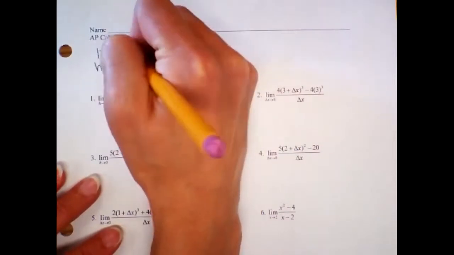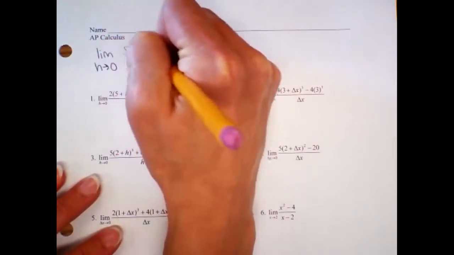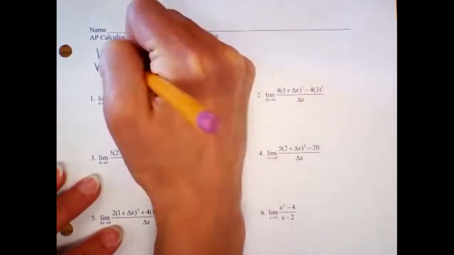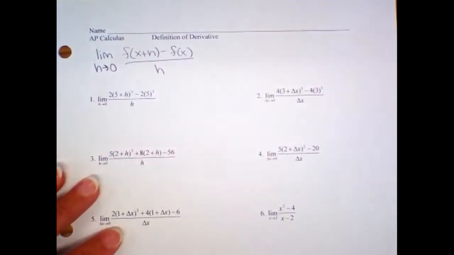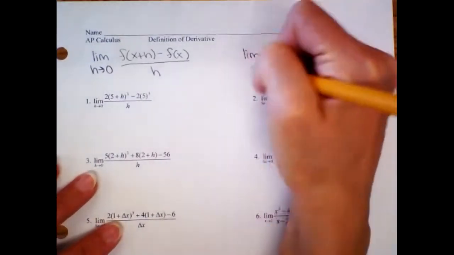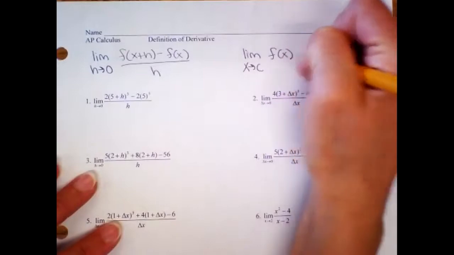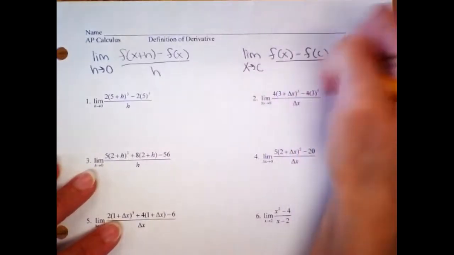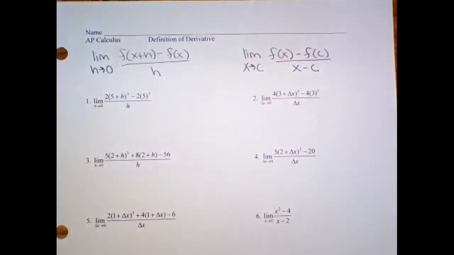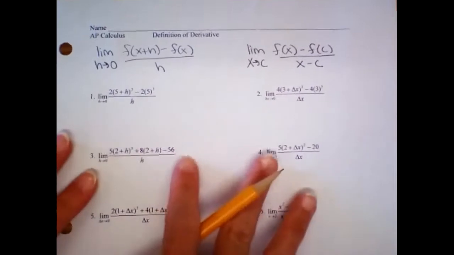So the first one was the limit as h goes to 0 of f of x plus h minus the function, over h. And the other one was the limit as x goes to c of f of x minus f of c, over x minus c. So what was the difference between those? The second one is at a specific point, and the limit as h goes to 0 is just the general derivative that you can plug into. So here's how this shows up on the AP exam,